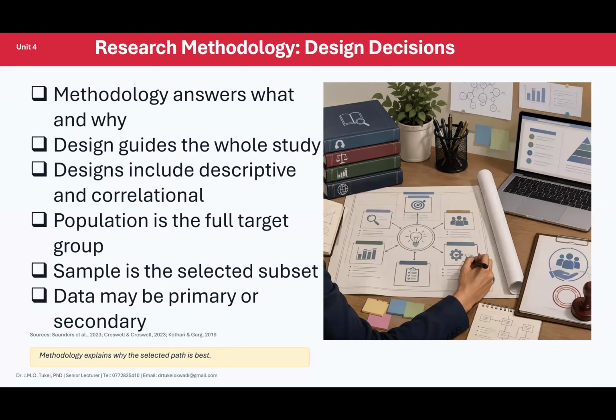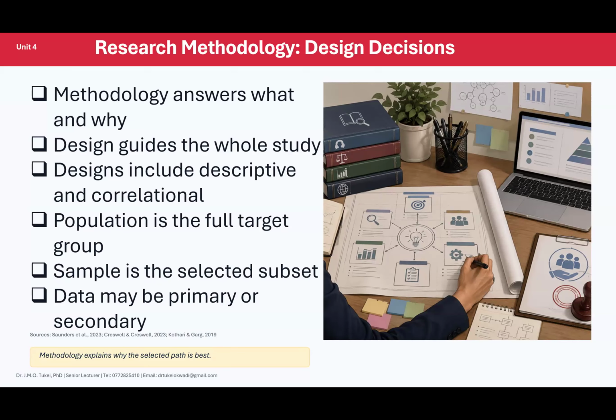Practically speaking, a study seeking to establish whether training predicts staff performance may use a correlational design. A study exploring how survivors, depending on what exactly you want to understand and study, experience a service may use a phenomenological or qualitative case study design. Colleagues, these are all the types of designs that you ought to know. They are right there, and you ought to look at them because they are within the platform. I want to engage you.